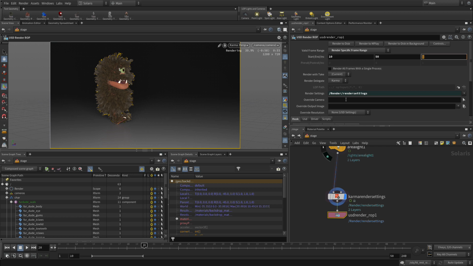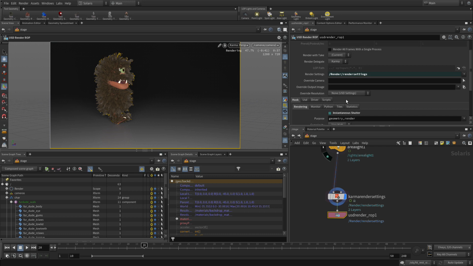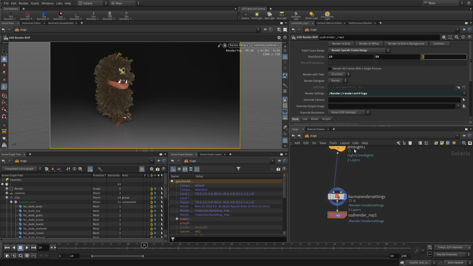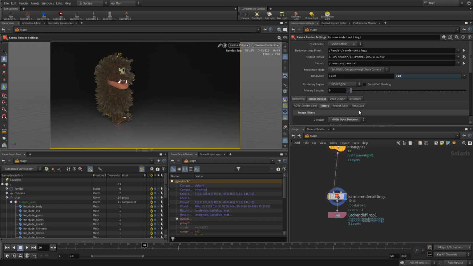So once we have this set up, we're fairly happy with where things are going. We can just kick off a render if we want. Let me just check the render settings. Probably one of the things we want to do is just the output. Make sure we got the right camera. And we'll just change the name of this. We'll put this